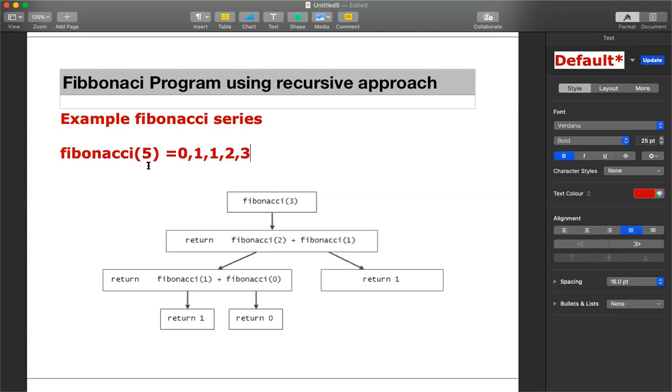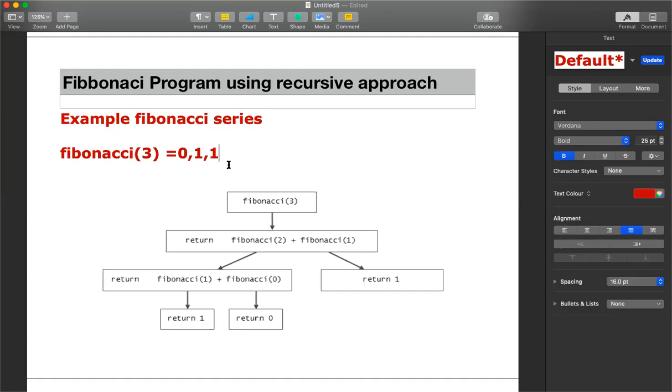Coming to this particular problem, as I said, we are solving it using recursion. We already know that when the recursion approach is used, the problem has to be reduced.